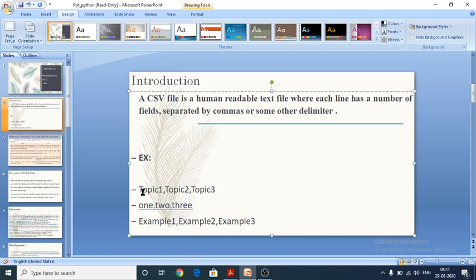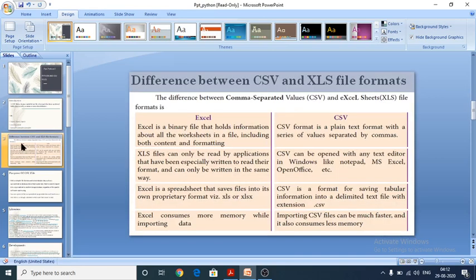Each line has a number of fields that are separated by commas. See here, this is the best example for a CSV file. So in this lesson we are going to learn how to read and how to write a CSV file with the Python programming language.